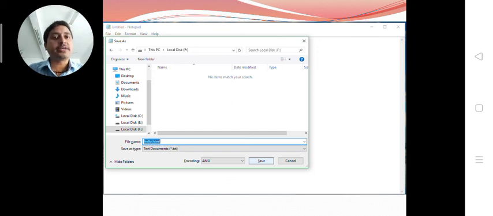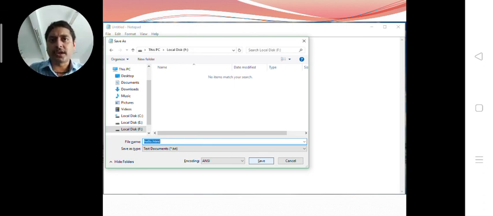But unfortunately, if it happens you are saving your file hello.html and you are clicking on the save, and it is not becoming an HTML file, you are not able to open, then open your file, that will become the text file.